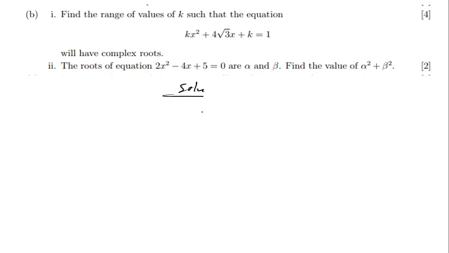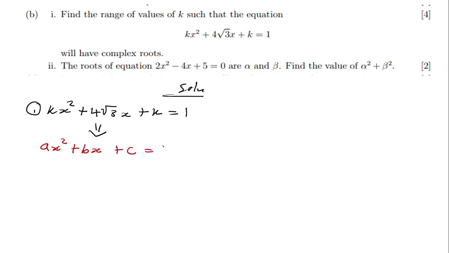In this case you have k x squared plus 4 square root 3x plus k is equal to 1. Your first step is to make this to be in the form of a x squared plus bx plus c is equal to